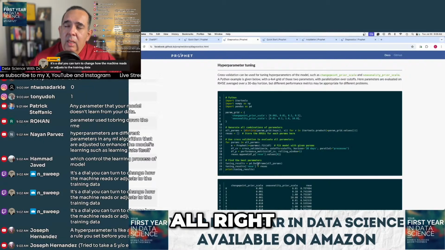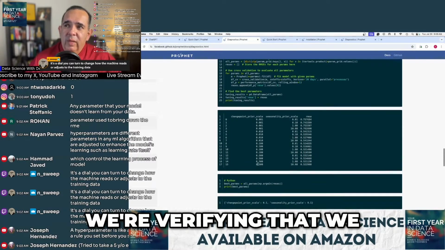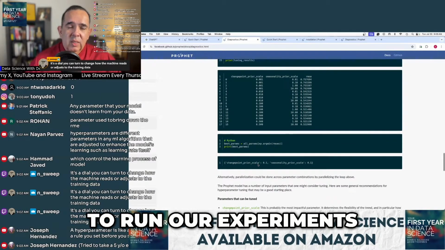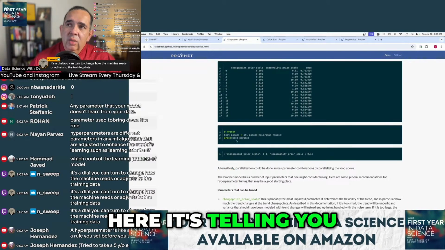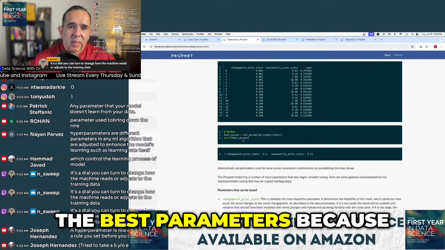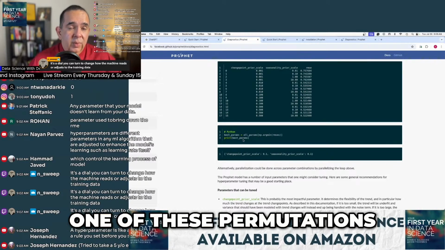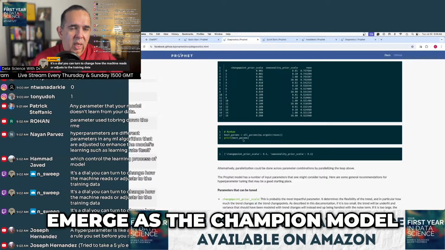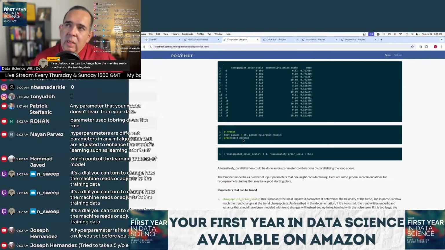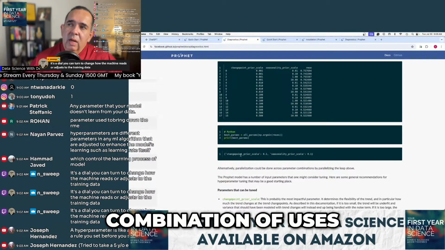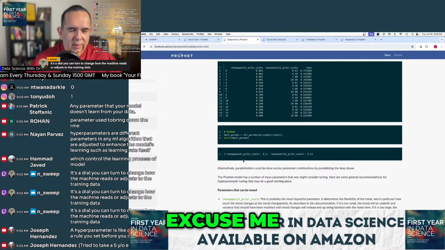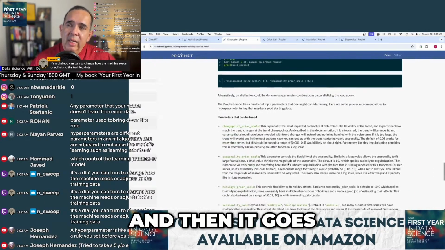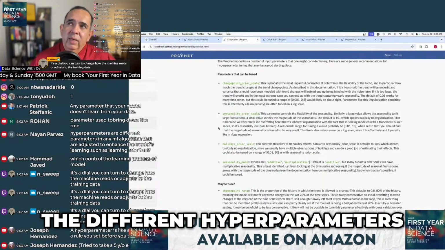All right. So here again, we're verifying that we have everything that we need to be able to run our experiments. Here, it's telling you how to pull out the best parameters, because one of these permutations will emerge as the champion model, right? So these are the combination of hyperparameters that you want to use, and then it goes on to tell you the different hyperparameters that